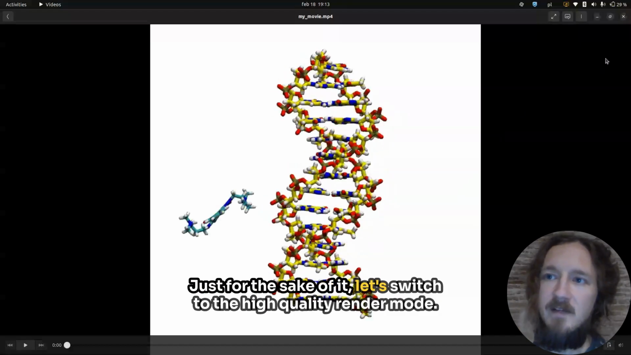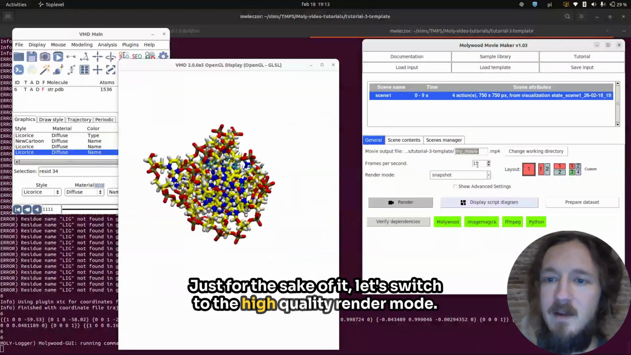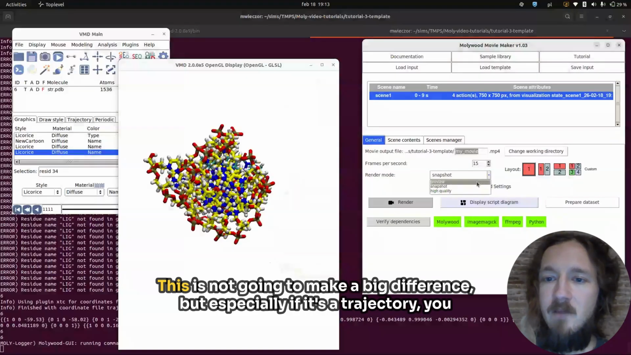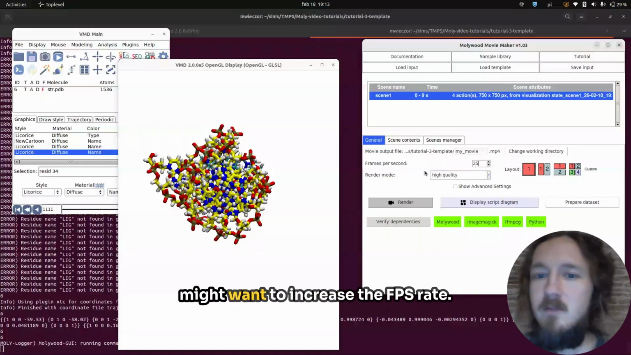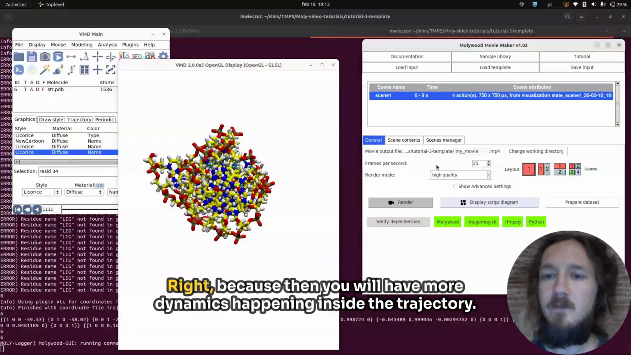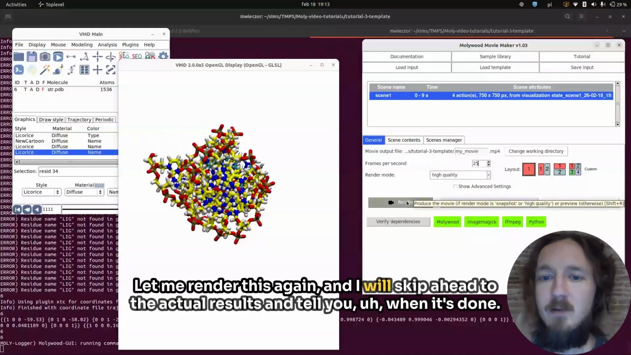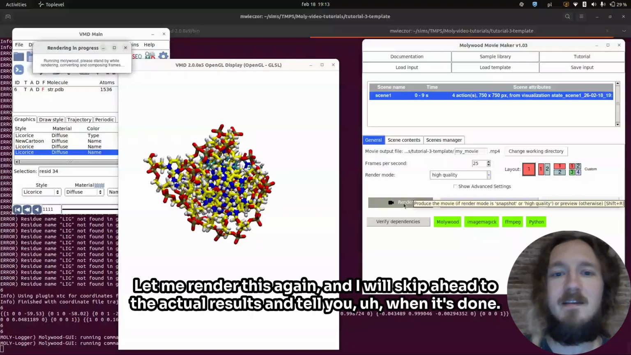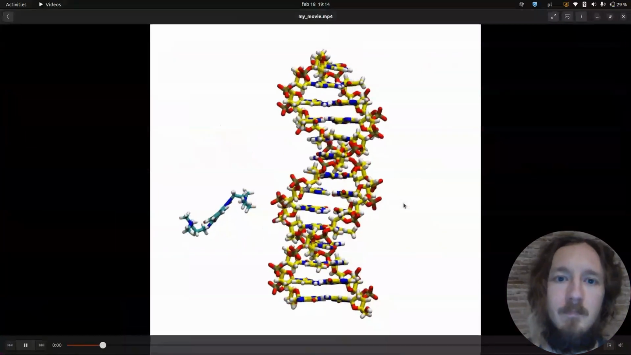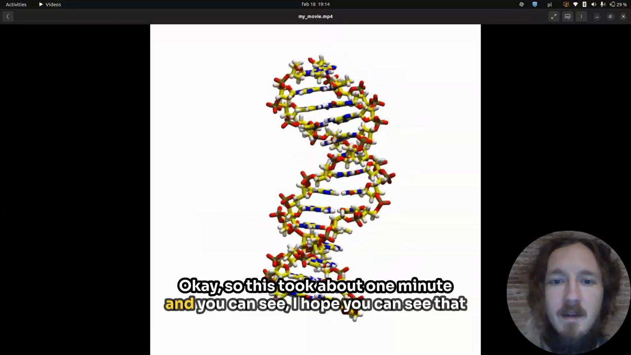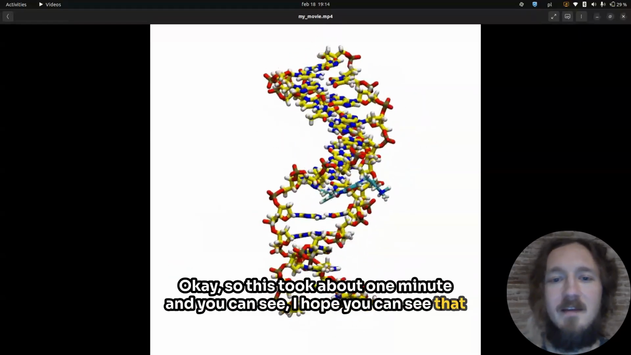Just for the sake of it, let's switch to the high quality render mode. This is not going to make a big difference, but especially if it's a trajectory, you might want to increase the FPS rate, right? Because then you will have more dynamics happening inside the trajectory. Let me render this again, and I will skip ahead to the actual result and tell you when it's done. Okay, so this took about 1 minute, and you can see, I hope you can see that the frame rate